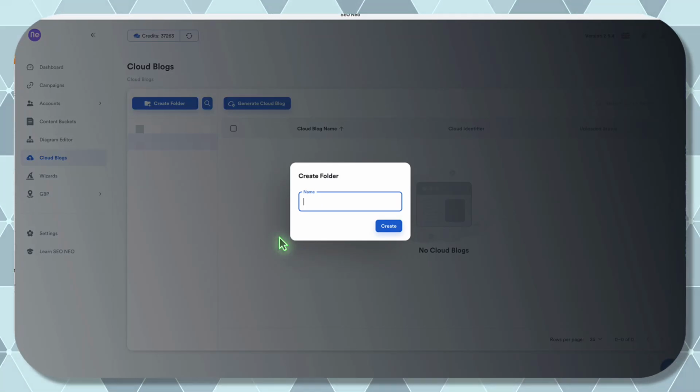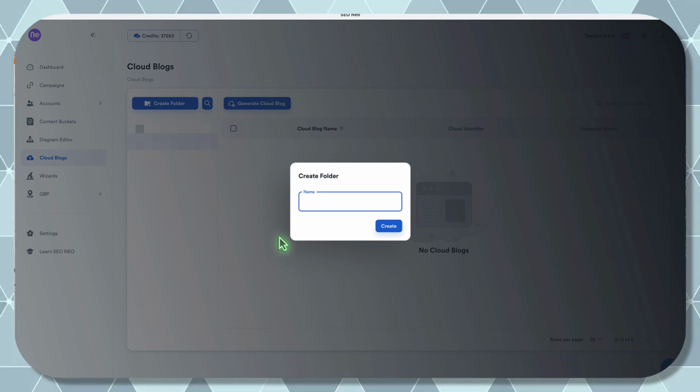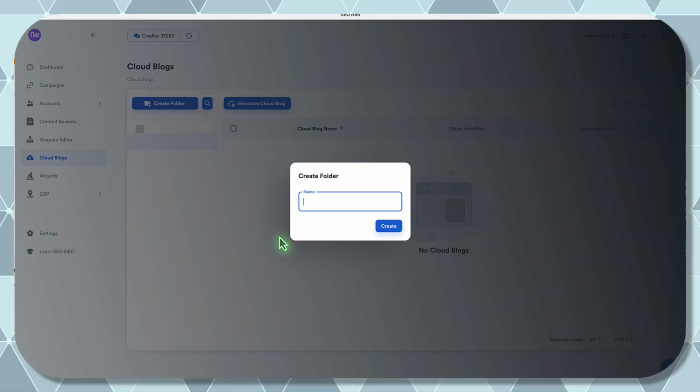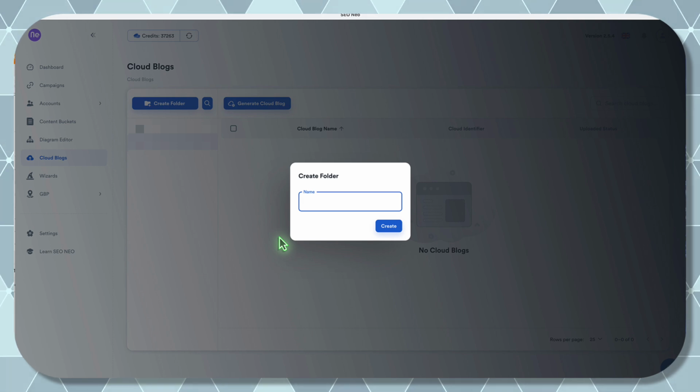I promised, or I told someone that I was going to make a video on how to make the cloud websites inside of SEO Neo. So this is me keeping that promise. I am going to